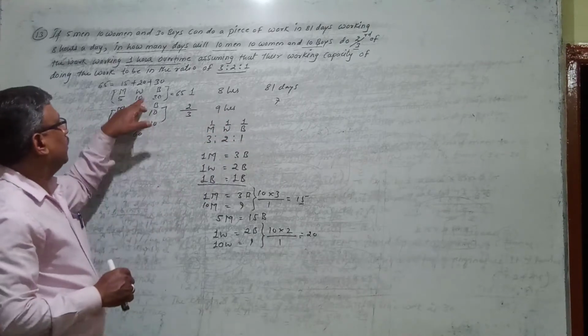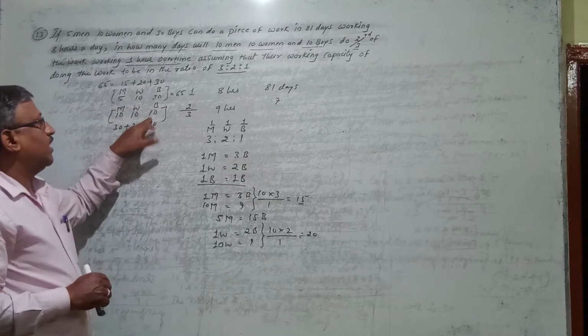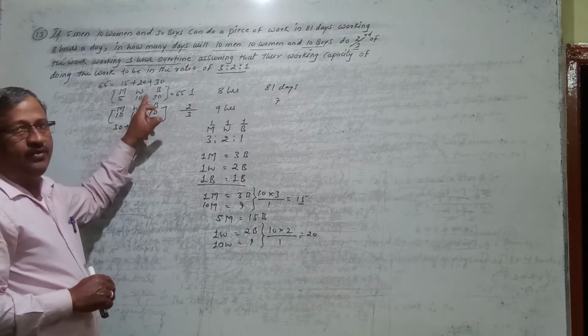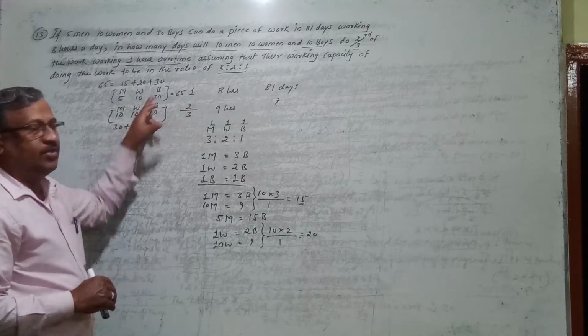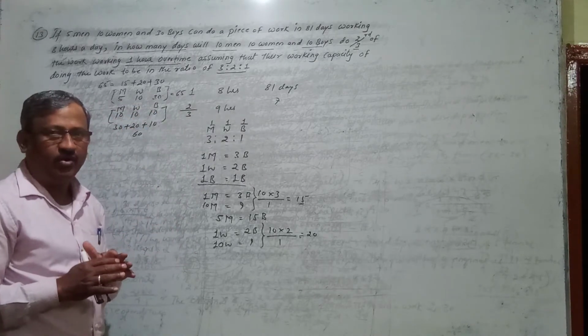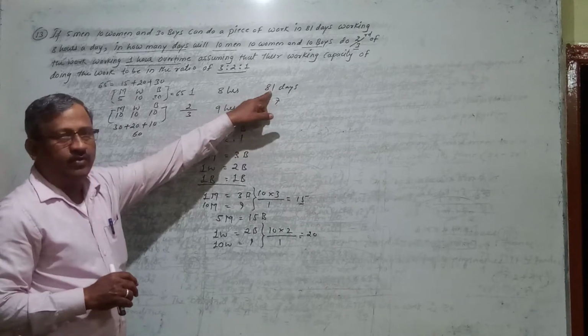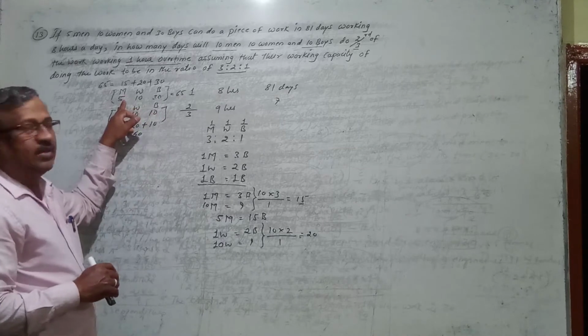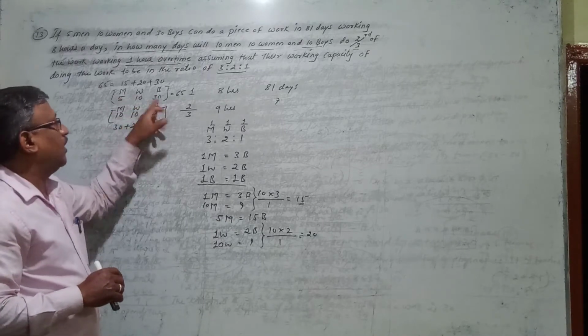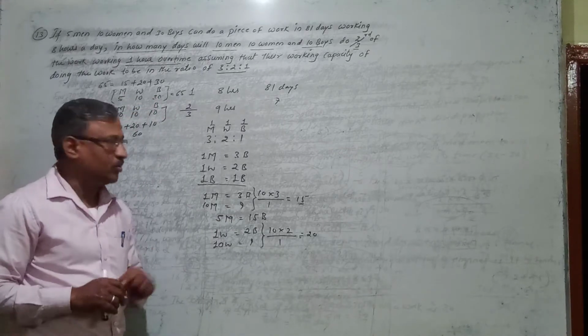So this point you have to understand. Directly if you go to put the equation and compare, the comparison is not possible here, because here the capacity of these three is different. So we cannot compare. And whatever time is required here, that is the time required for these groups. It is not the time required for only 5 men, 10 women and 30 boys. So this point you have to remember.